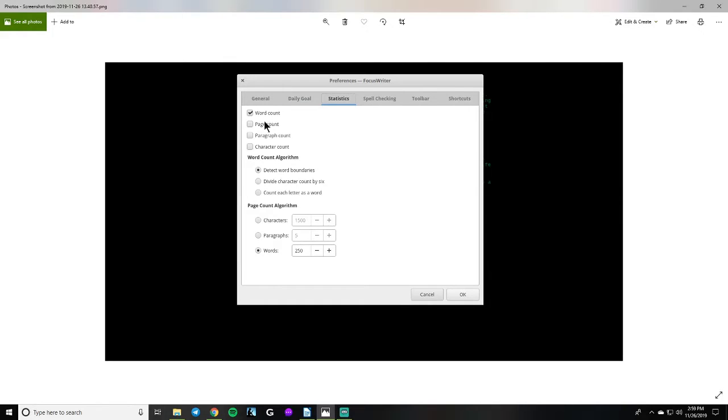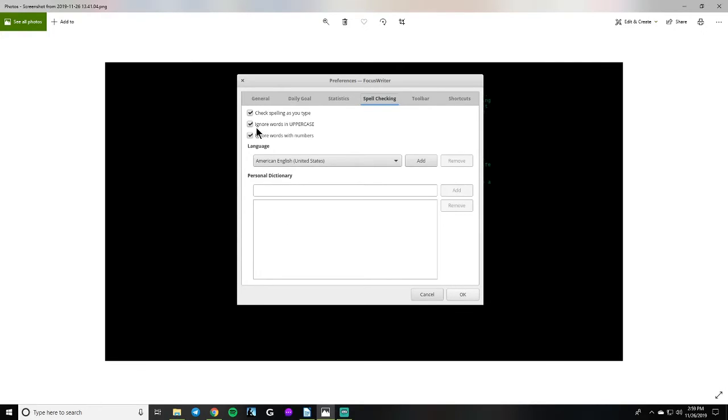And then you have statistics, so you can keep track of everything, and also your page count algorithm. A lot of people who are just out of college know this pretty well from writing papers. 250 to 350 words is about one page in a novel, because of the spacing and the font size on pages. I don't know why you would consider each letter a word. That's complete cheating. Anyway,